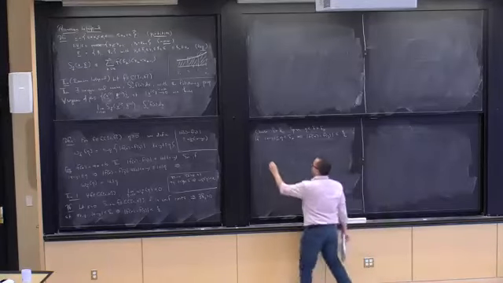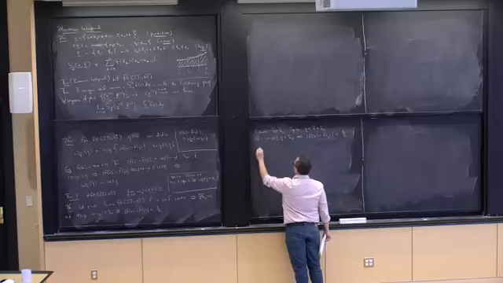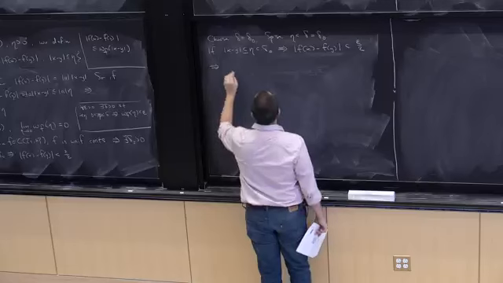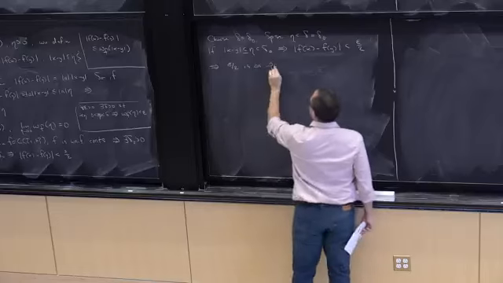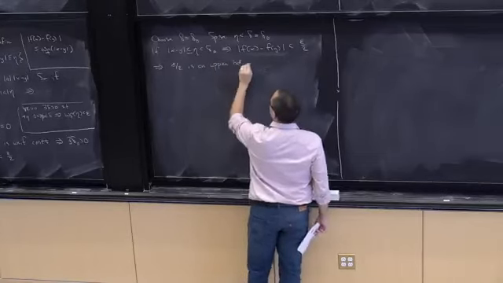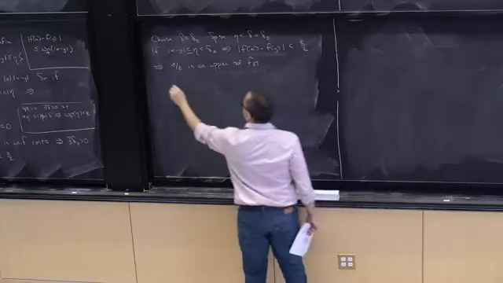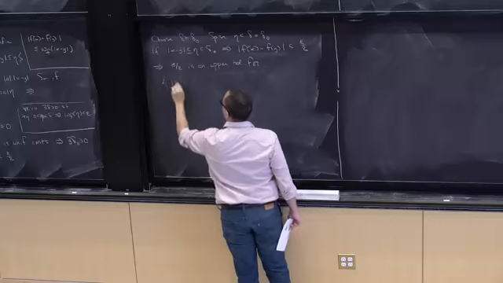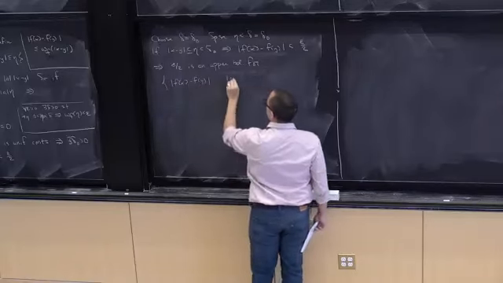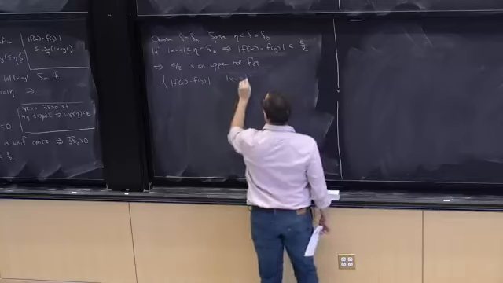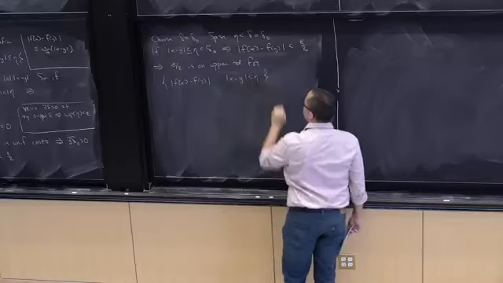And therefore, this implies that epsilon over 2 is an upper bound for the set of |f(x) − f(y)| such that |x − y| is less than or equal to eta,